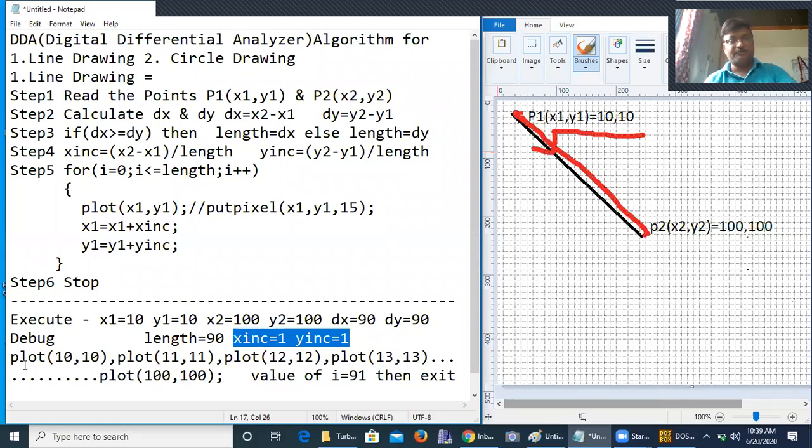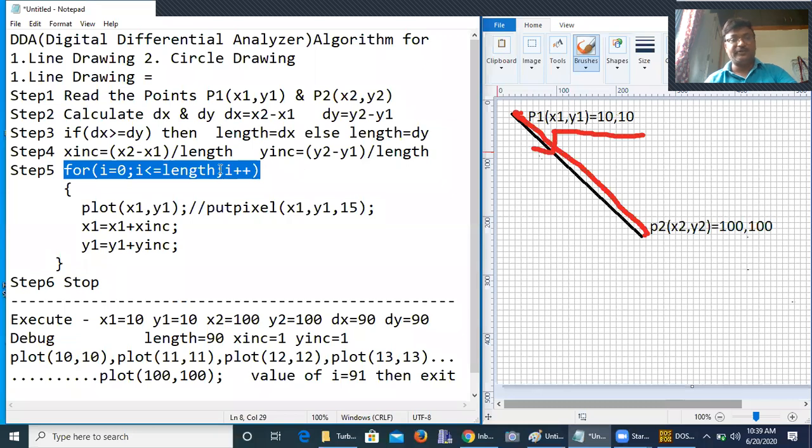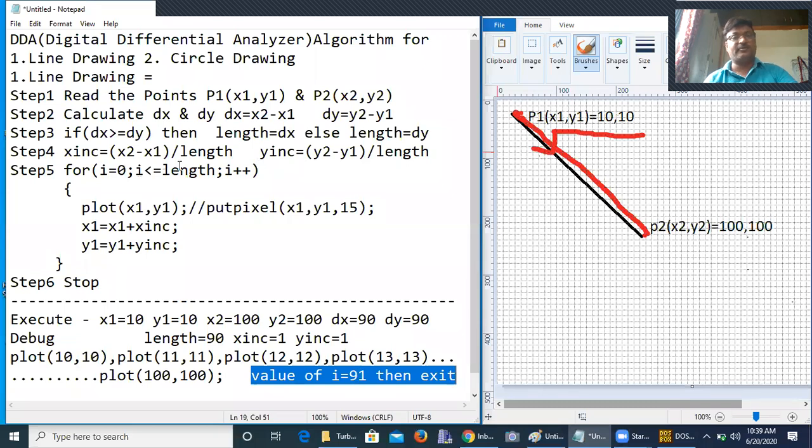Now I increment the value and plot. Suppose 10, 10 is my first point. I start the loop for I equal to 0 to length 90 and plot 10, 10. Then I add x increment and y increment, so 10, 10 comes 11, 11, 12, 12, 13, 13, 14, 14, 15, 15, and that goes up to 100, 100. When the value of I becomes 91, is 91 less than or equal to 90? No. So it is going to exit. So this is the way that we can